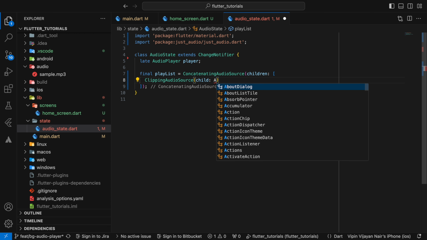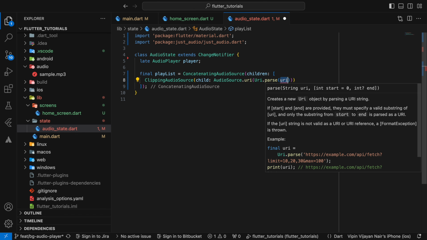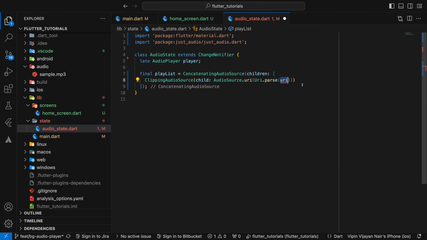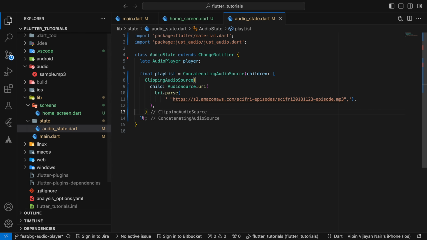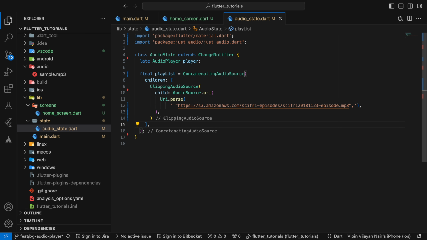which is an AudioSource.uri, and let me copy and paste an mp3 URL. And additionally, we need to provide the start and end duration. Let me set it to seconds 60, and end duration, let's set it to 90. Okay, so once we have that, we can set the additional items, the tag,